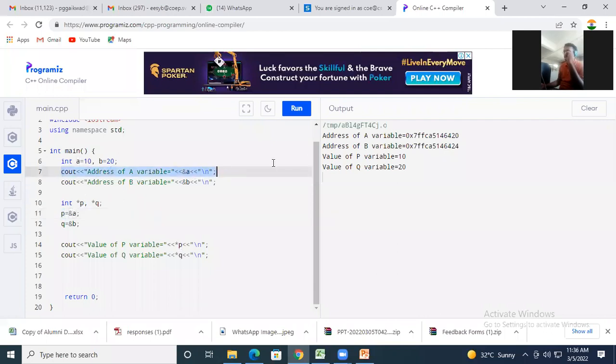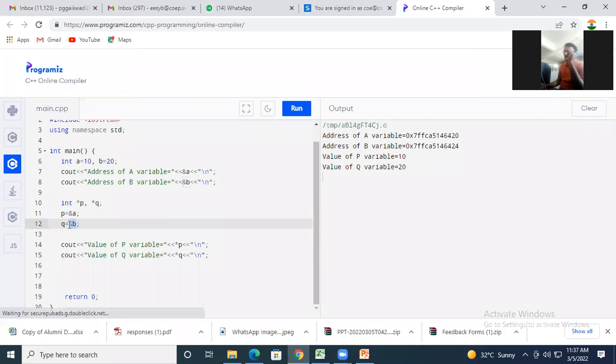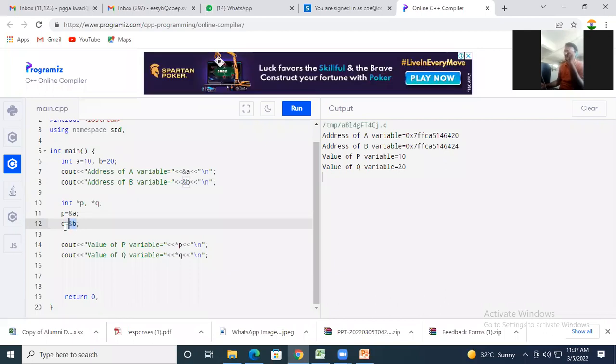Here I have taken this as a pointer variable and I assign the memory address of a, जो आधी आपण काय केलं इथे लाईन नंबर 7 ला कॅल्क्युलेट करून घेतलाय, बरोबर. इथे लाईन नंबर 7 जर बघितलं तुम्ही तर त्याचा मेमरी ॲड्रेस दिसेल इथे तुम्हाला. आणि तो मी पॉइंटर व्हेरिएबलला असाइन केलाय. पॉइंटरला असाइन नाही केला मी अजून. Similarly, the address of b variable is assigned to pointer variable q. Now I am going to find out the value for pointer p and pointer q. मी आता इथे चेक काय करतोय, लाईन नंबर 14-15 ला, की पॉइंटर पी आणि पॉइंटर क्यू ला कुठली व्हॅल्यू असाइन